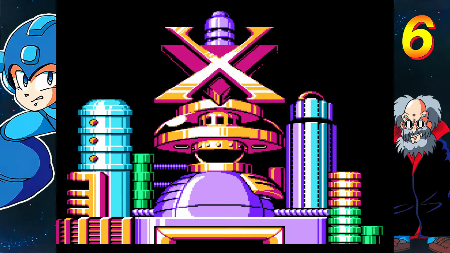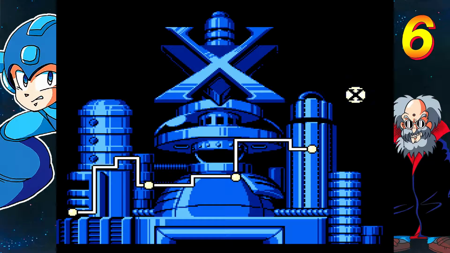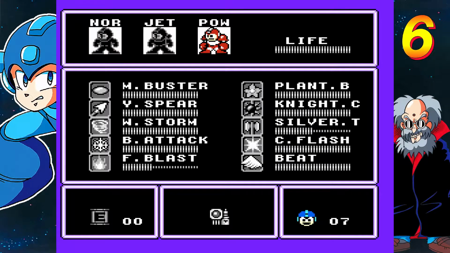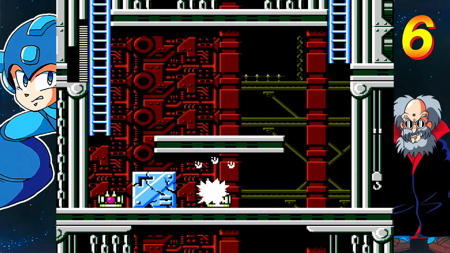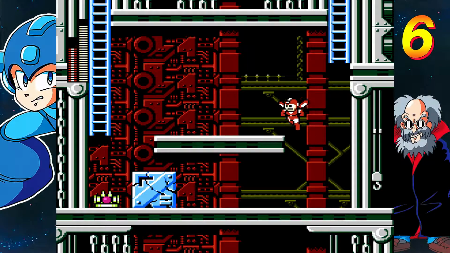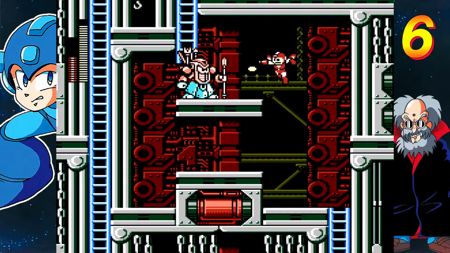On to Mr. X Stage 3. Now, Mr. X Stage 3 is just filled with really annoying platforms, fire tellies, and these enemies that shoot along the ground. But as long as you have the jet adapter equipped in this area, you don't have to deal with anything too horrifyingly crazy. Though watch me go with the power adapter instead of what I'm telling you to use, because, oh,